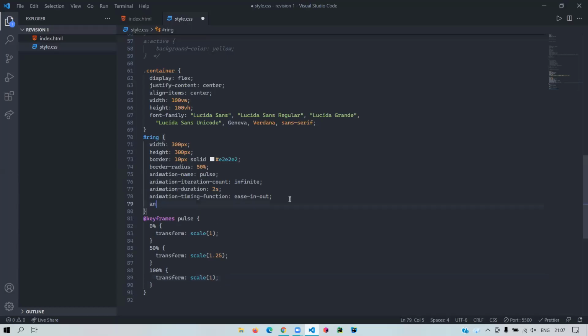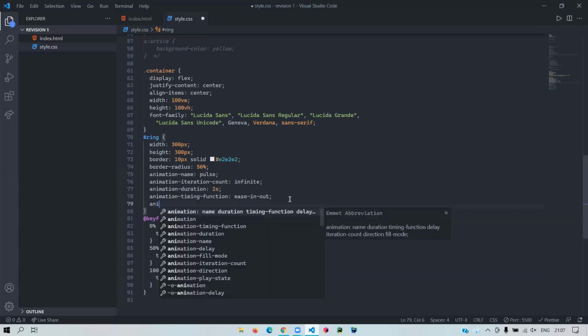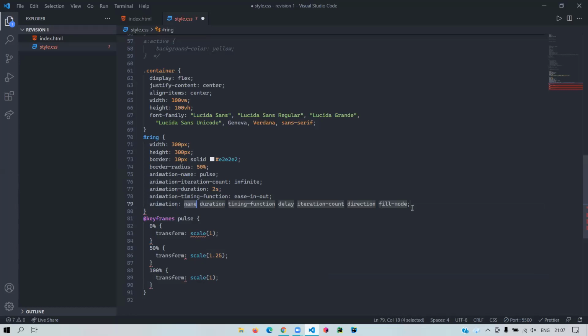Okay, I'll take that as a no. Now there are a couple of other properties. Okay, so this is the shorthand by the way. So you can use this one if you want to save time. It's not about time, but you could just avoid writing extra lines of code. But I'll say that you stick to this method because it makes it easier for someone else to read your code. And basically, these words will explain this. Right. Okay, so we looked into name, duration, timing function.